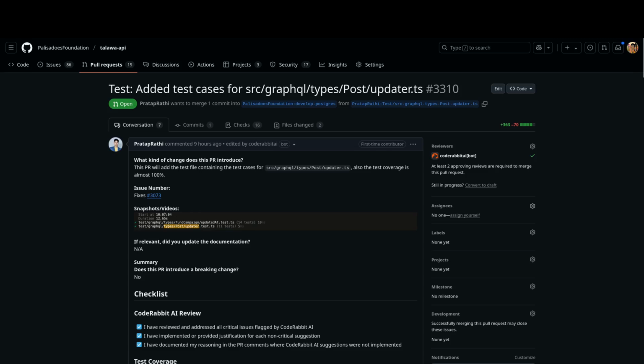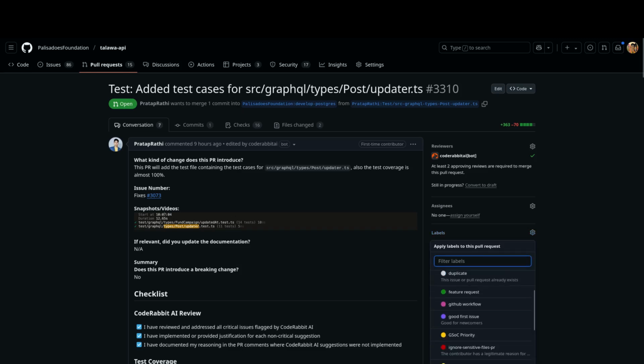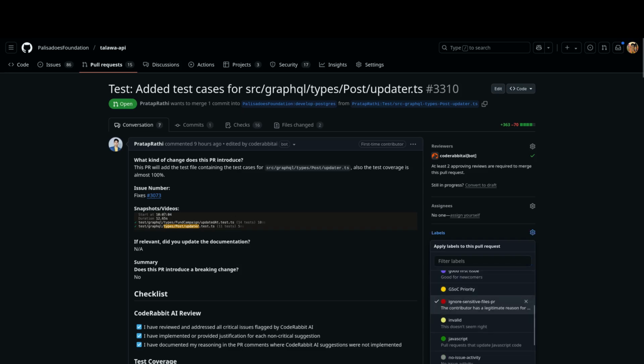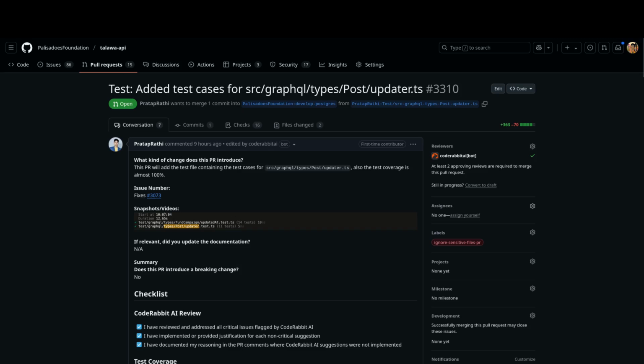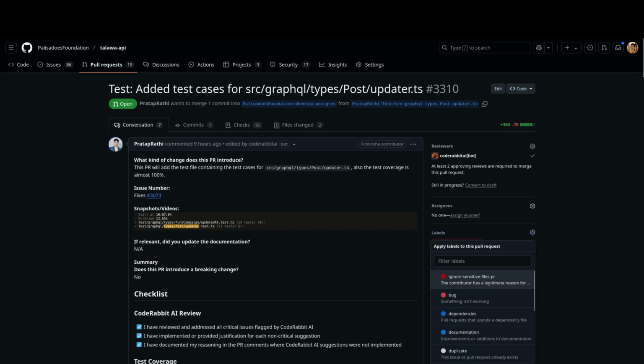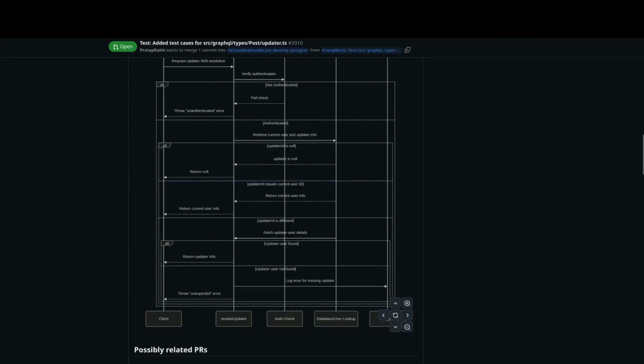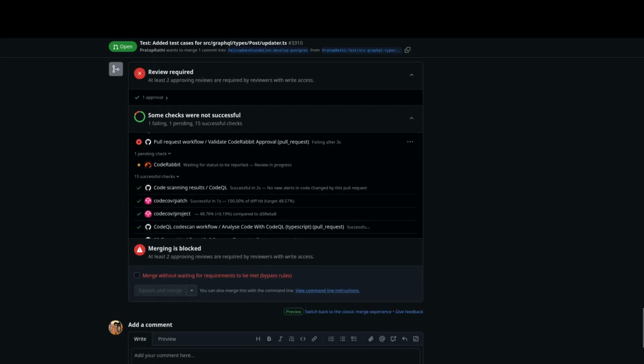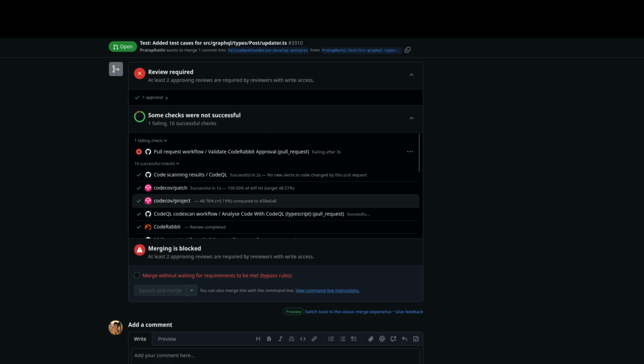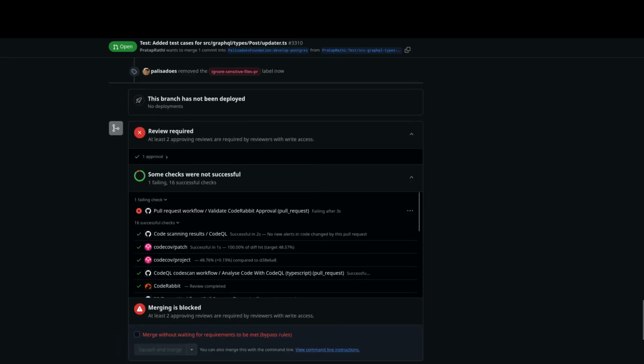So the way that you can make sure that this label of ignore sensitive files is applied in these exceptional cases, is to click here and apply the ignore sensitive files PR label. And that will skip all subsequent tests, or all subsequent evaluations of the whole test suite. So I'm just going to take this off right now. These tests are run every time somebody makes a commit. That means every time somebody makes an update. Right? And let's just see whether the code coverage